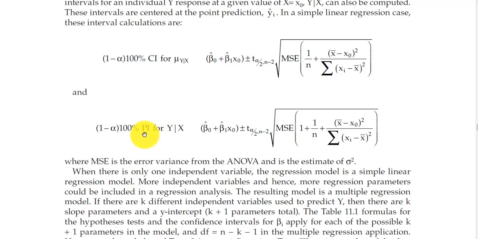We also talk about prediction intervals, that is, say for the next observed x value, what would you predict for its y? And so it's a little wider interval. There are also multiple regression extensions of these. The formulas are not given here. We are using the MSE from the analysis of variance table in regression analysis to figure these standard errors